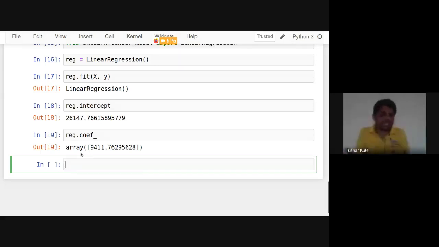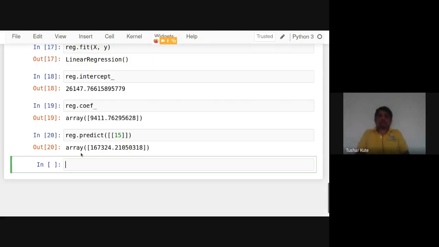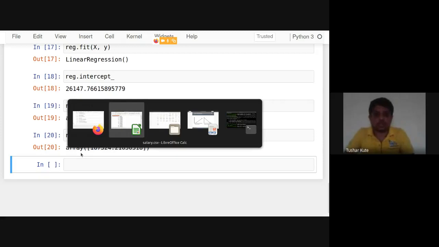One more thing: once the model is created, it's used in predictive analytics. Predictive analytics means once you devise the machine learning model, you can use it to do predictions, like a new experience is given, so we can predict the new salary. Let's say 10 years was the maximum, and I want to predict the salary of a person with 15 years of experience. You can observe the data set contains only up to 10 years. Now after model building, I can do the prediction. This is called predictive analytics, and linear regression comes under the supervised learning model.